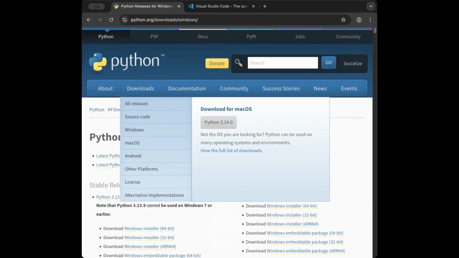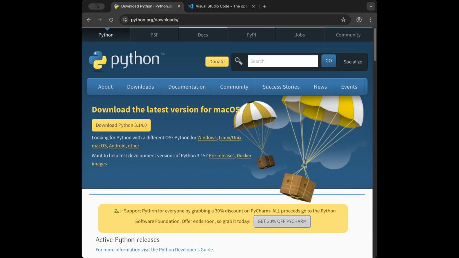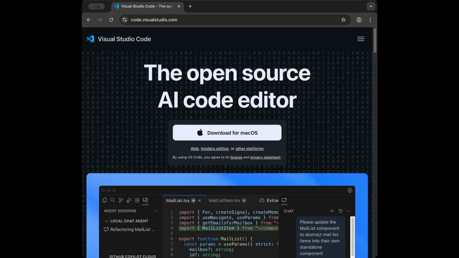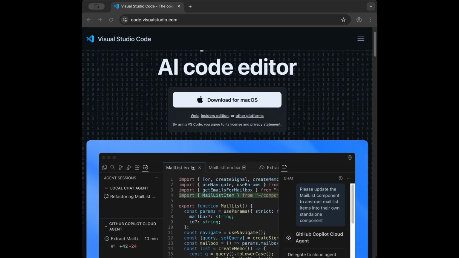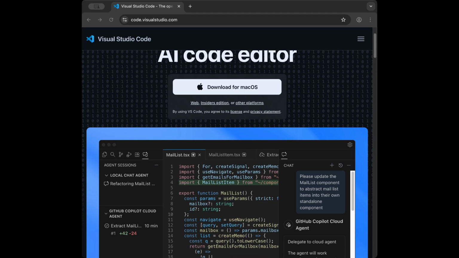Okay, after downloading Python from here, we are going to download a code editor. I'm going to be using Visual Studio Code. It's probably the most used code editor in the industry, and we can directly run our code from the terminal, but for coding we are going to be using a code editor. Think of a code editor like a notebook for your computer where you can write Python code, save it and run it. It gives you colorful highlighting, suggestions and tools to make coding easier. And VS Code specifically highlights errors while you type. It has a terminal built in so you can run code without leaving the editor,